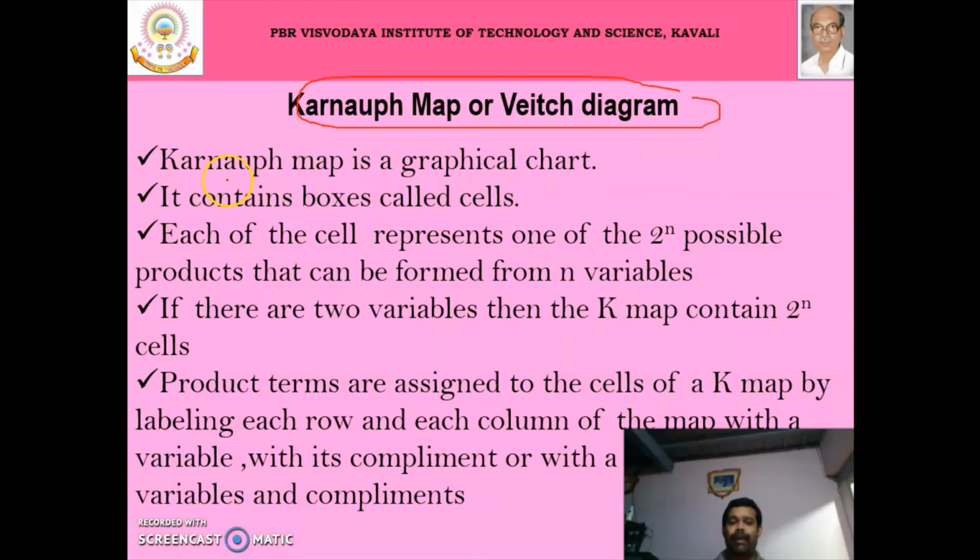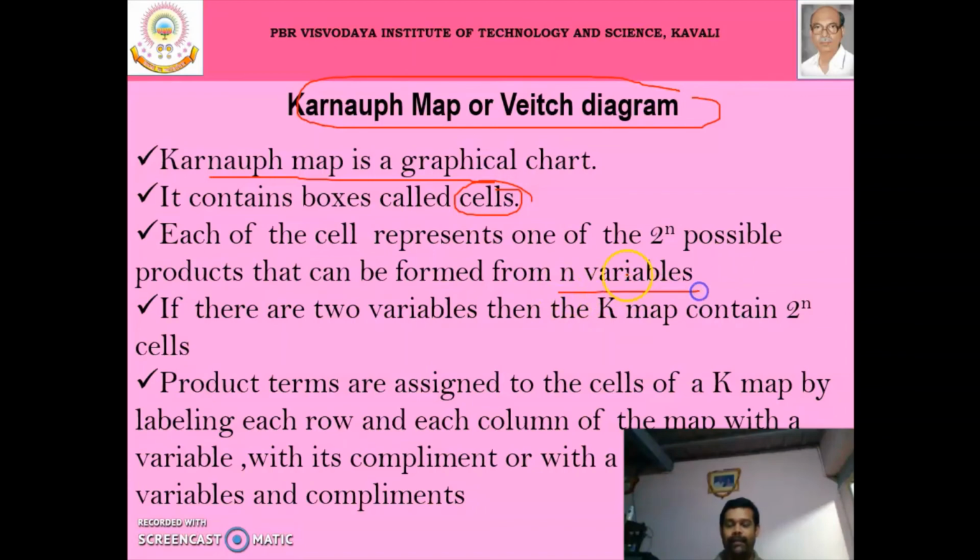Actually, this Karnaugh map is a graphical chart, and it contains boxes called cells. What is a Karnaugh map? It is a graphical chart containing boxes or cells. Each cell represents one of the 2 power n possible products that can be formed with n variables.